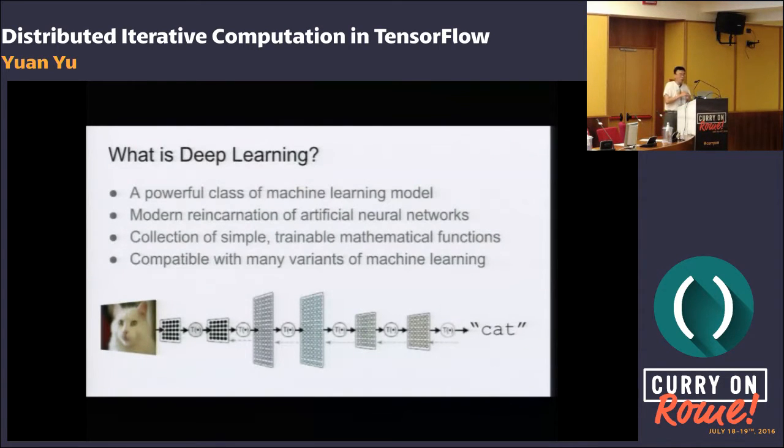For this function, there are a lot of variables, and for some of the models we have billions of variables. The job of deep learning is to train those variables so that, given an image, I can tell whether the image contains a cat or not.